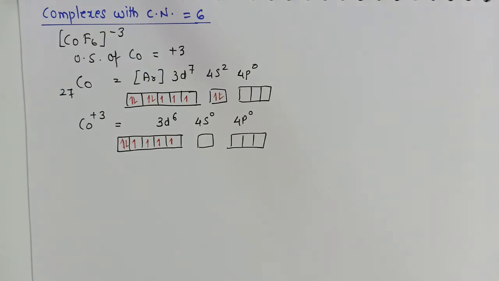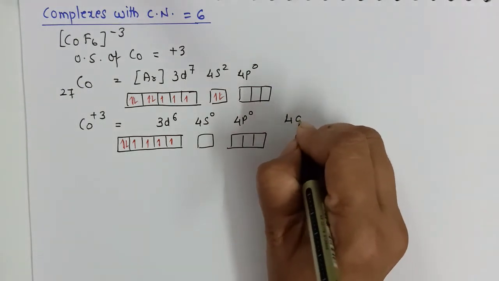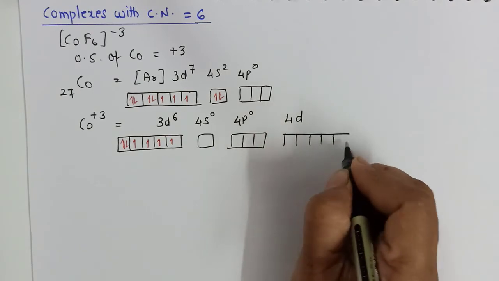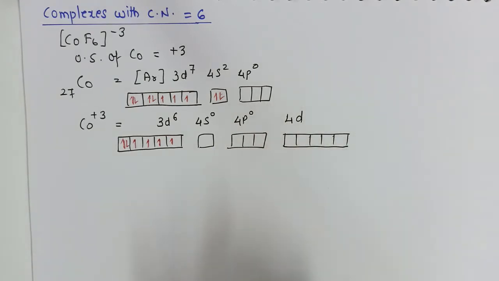Now the approaching ligand is fluoride, which is a weak field ligand. It will not cause pairing, and therefore they have to use the next orbital for hybridization, which is 4d, as it is lying vacant. So that's why I told you that time, when there is a weak field ligand, it does not cause pairing. It will use outer d orbital for hybridization.